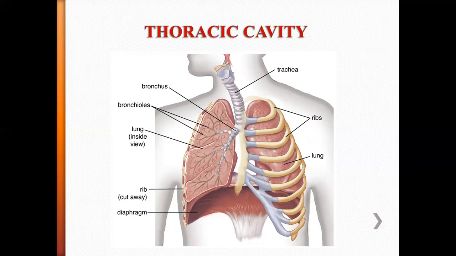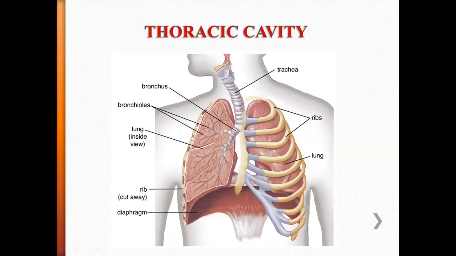If you look at this thoracic cavity, cavity means space. This cavity looks like a cage. It nicely protects our lungs along with the heart. Exactly in between the two lungs, the heart is situated. The space present in between the two lungs is called the mediastinum. Once again, the space between the two lungs is called the mediastinum.